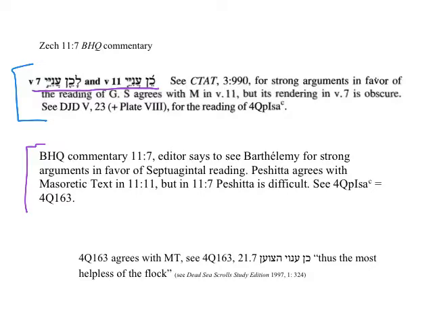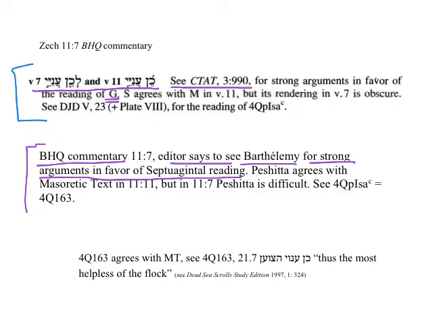And in the BHQ commentary, the editor says, see Bartholomew for strong arguments in favor of the Septuagintal reading. So he points us to a text that he's worked with, and the G here stands for the